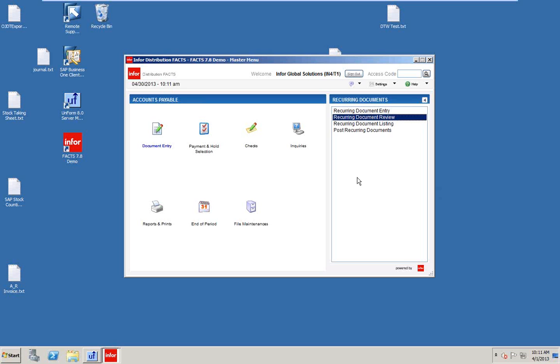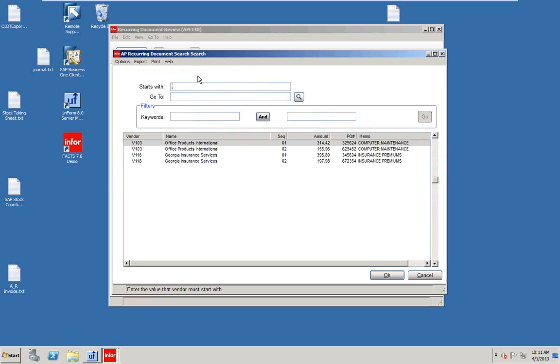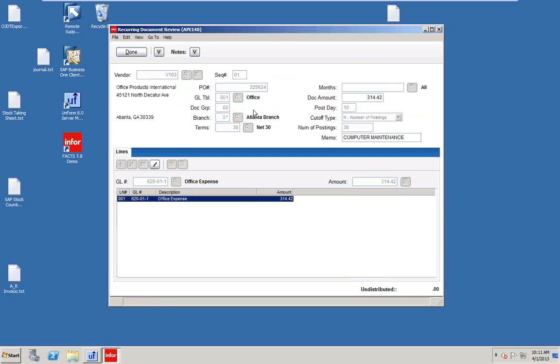Okay, let's look at the next one. The document review allows us to go in and make a one-time or temporary change. So if you notice here, the screen looks the same. So let's say in that depreciation schedule or that lease payment, the next month I need to make a change. I need to pay a little bit more, pay a little bit less, whatever. What I can do, again, I can search, I can select it, and I can